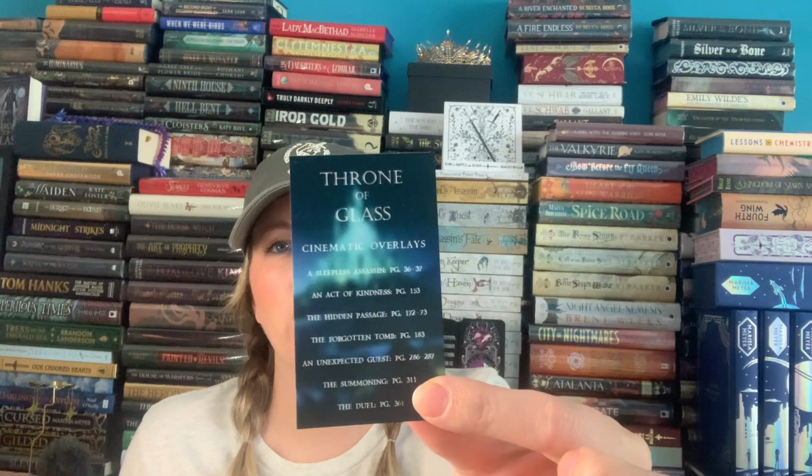I'll show you what I mean by that. Here we go. Okay, so this also tells you, it'll give you a little card here, and then on the back is your QR code for access to animations. All right, so here we have,